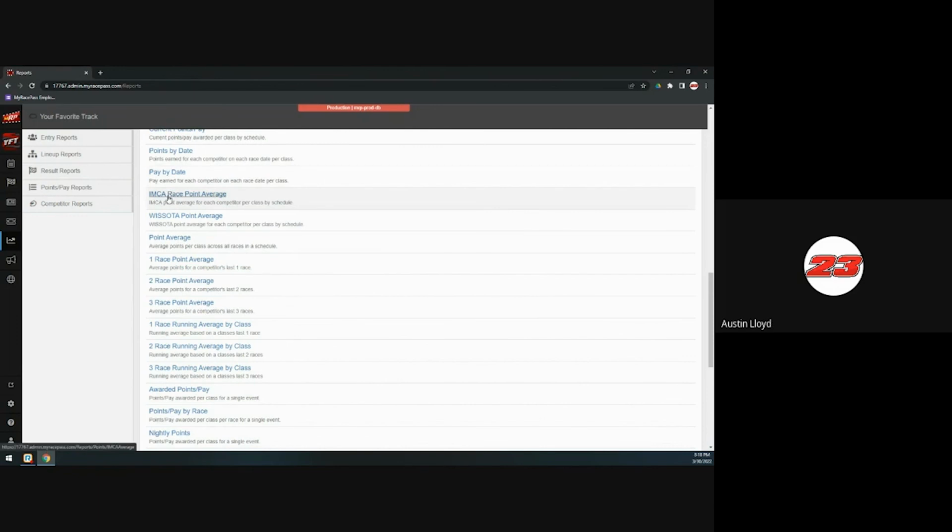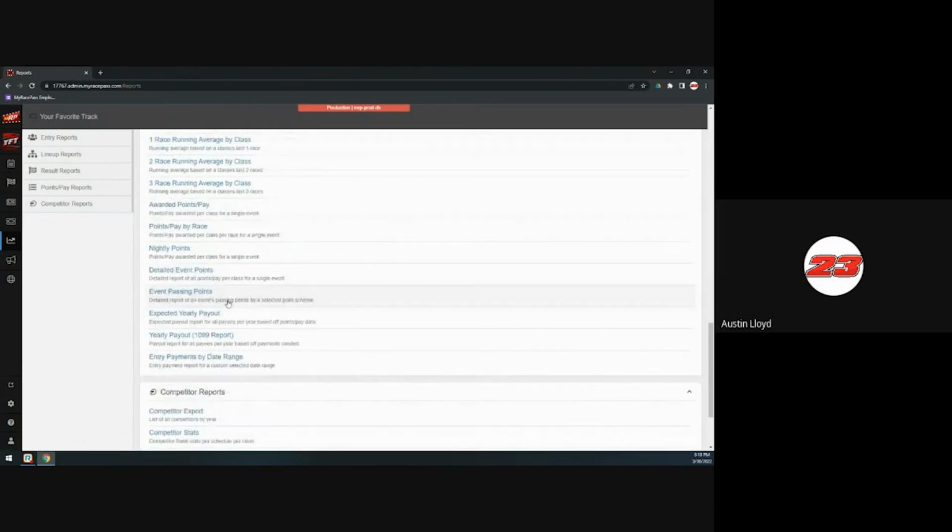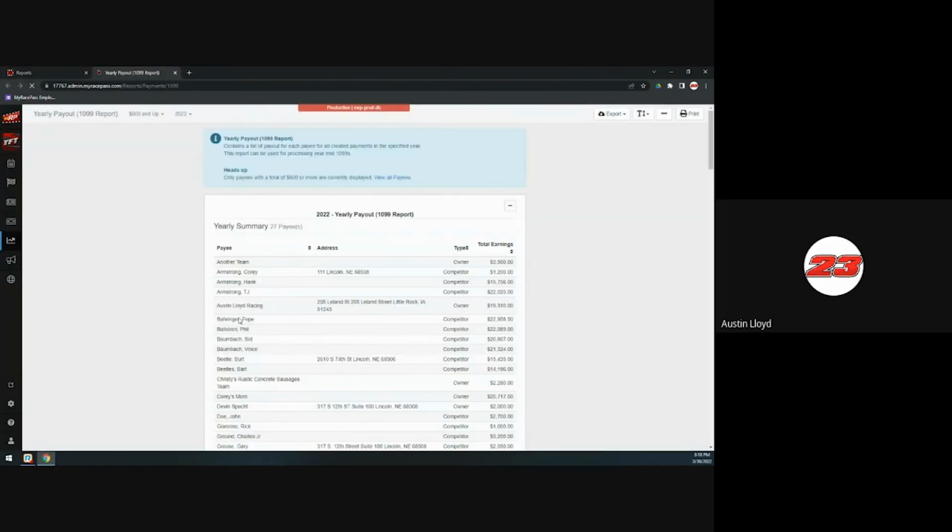There are a lot of different points reports, so you can make sure that you're finding what works best for you. The one that I want to highlight on this screen is the 1099 report. The 1099 report's really valuable and works in conjunction with doing payouts at the end of race management, and it works in conjunction with registrations. So basically, your drivers register, and that's how you get their address information. And then when you calculate points and pay at the end of a race night, it'll keep this yearly tally